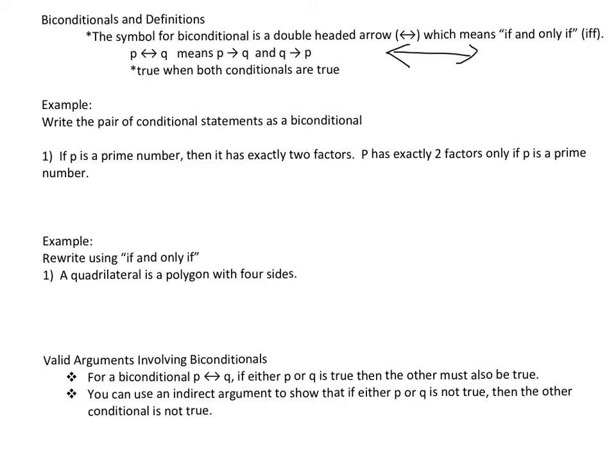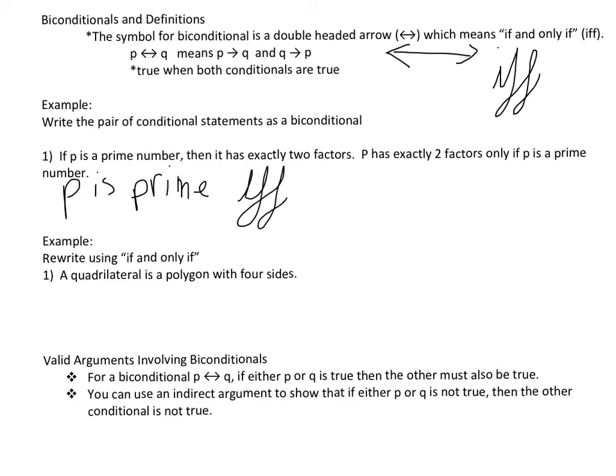If I was going to write this as a biconditional, I would say P is prime, and then the notation for if and only if, since we don't want to write that out every single time, it tends to be this IFF. So P is prime if and only if